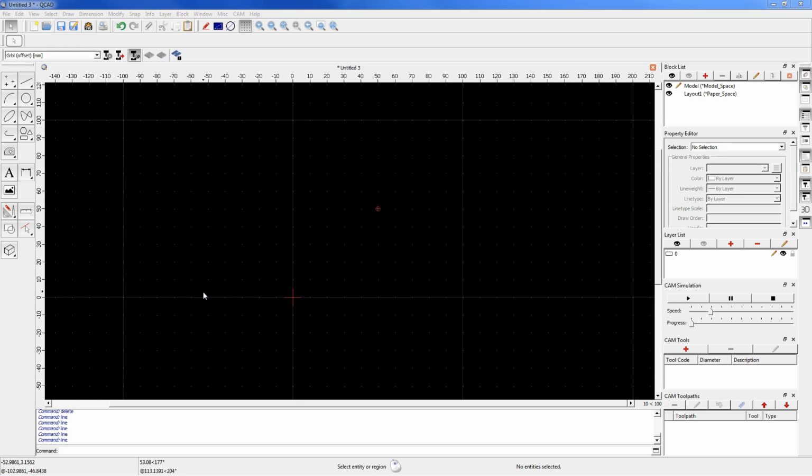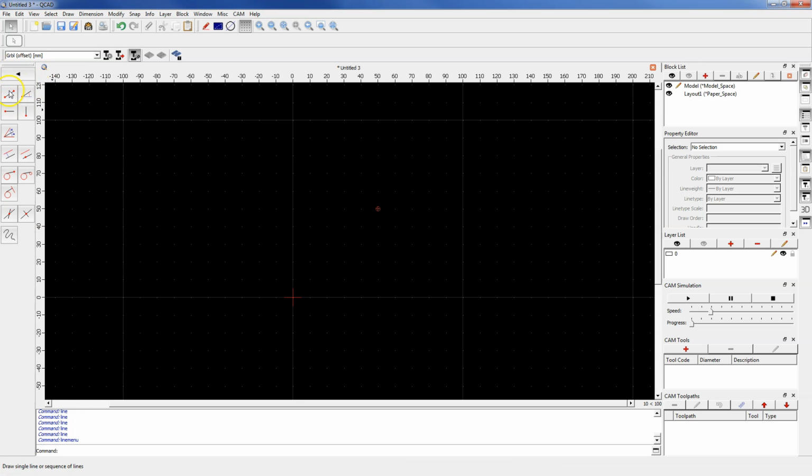In this lesson, I will show you how to draw a line at an angle to other geometry in QCAD. And to draw a line at an angle to other geometry, first let's draw a sample geometry, for example line,